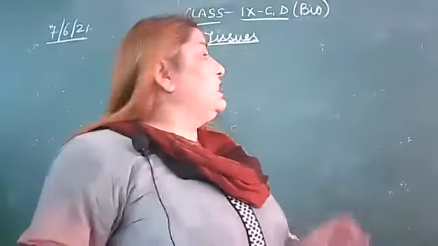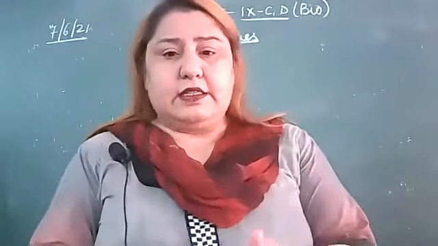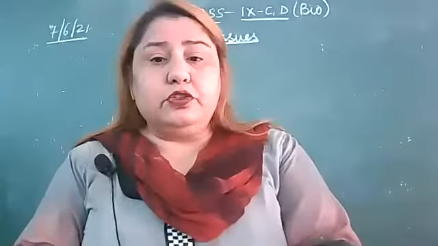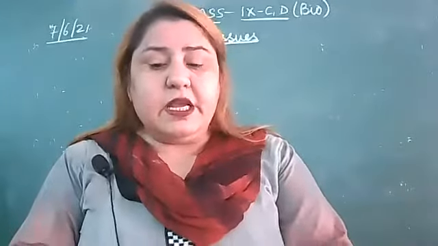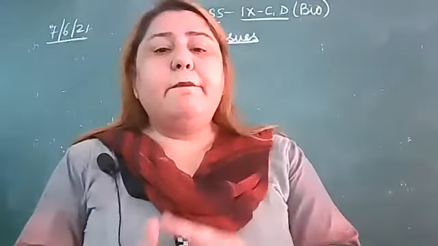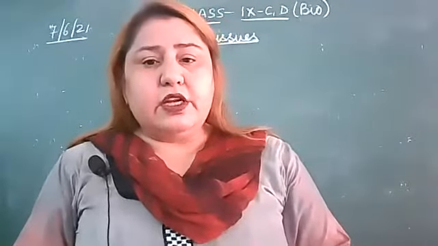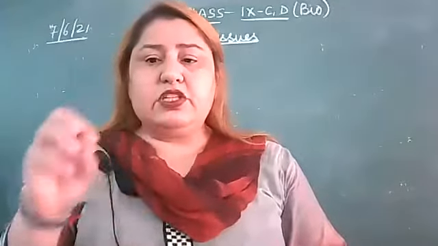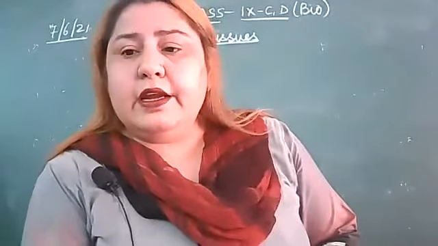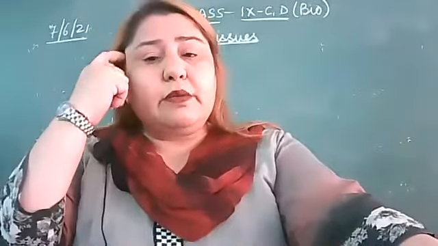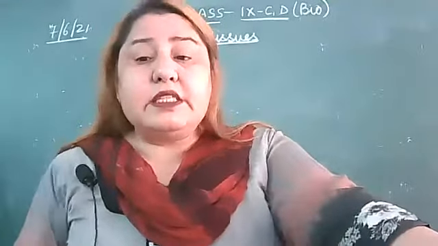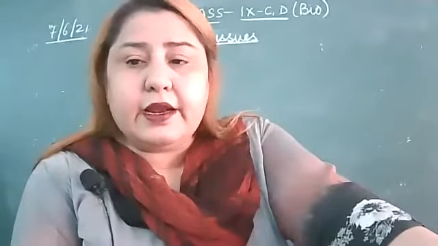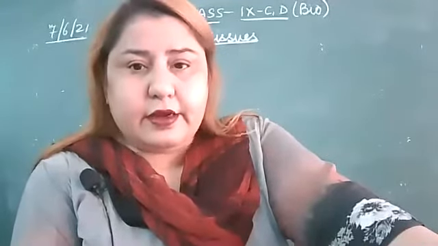Right? We were discussing the plant tissues. We had discussed that plant tissues are divided into two main types: meristematic tissue and permanent tissue. Meristematic tissue is again further divided into three types. I am just giving you a quick review: meristematic tissue is divided into three types: apical, lateral and intercalary, right?